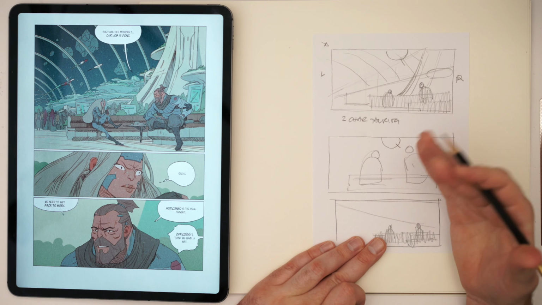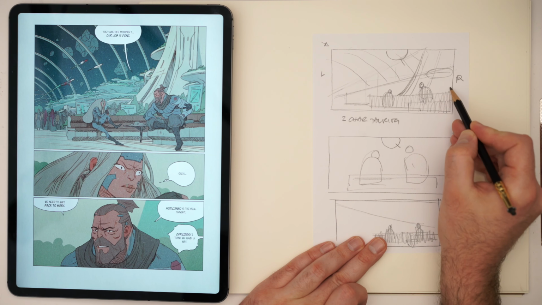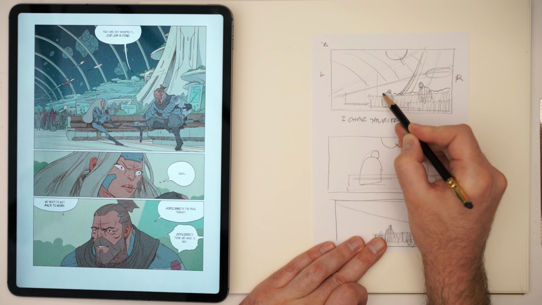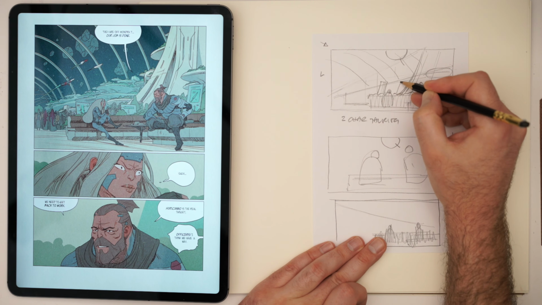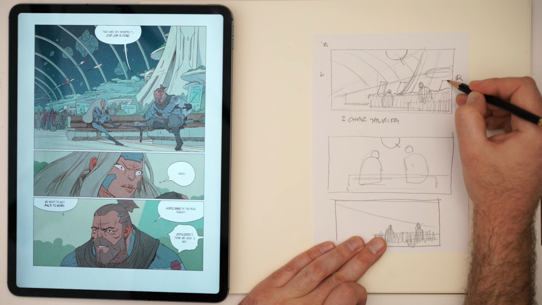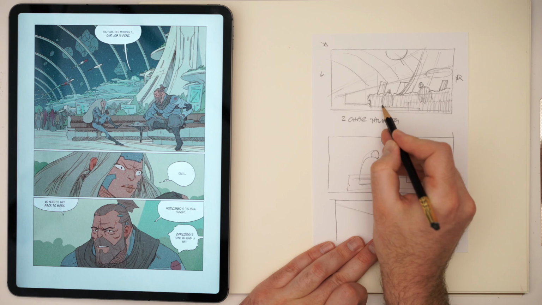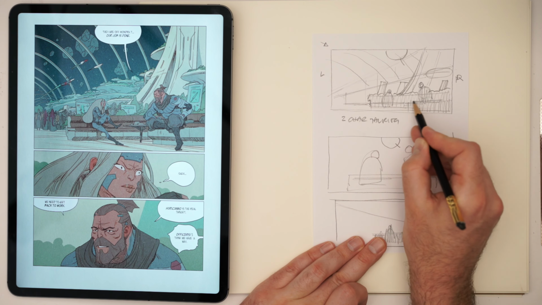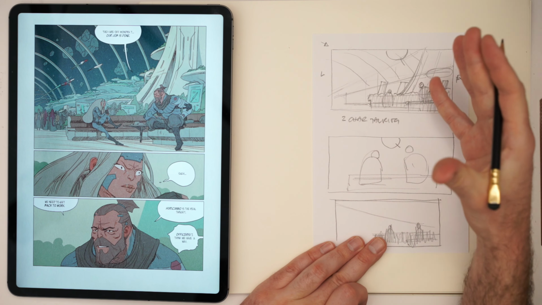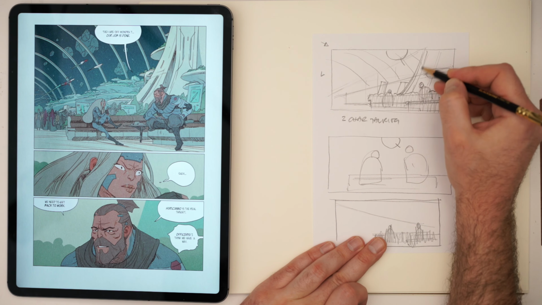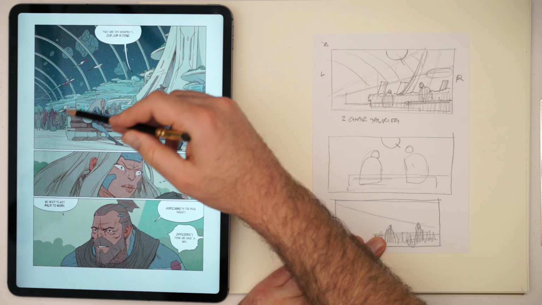But there's also other elements where I think typically, if we allow ourselves to flow with the natural decisions that we make, we're often able to inject subtext and emotion through the drawing, and you might not even know why this is happening. But this is why it's important to think about the sequence that you make decisions and how this will influence the emotion of the scene. So again, in this instance, I am using this idea that he's anchored to the environment. She's sitting out here in the middle of nowhere.